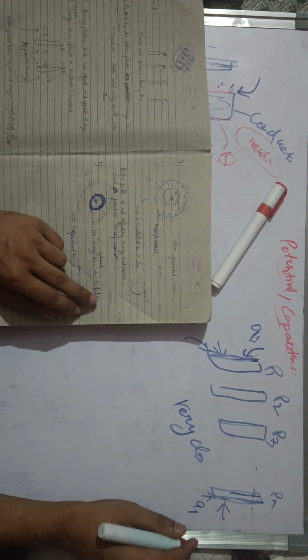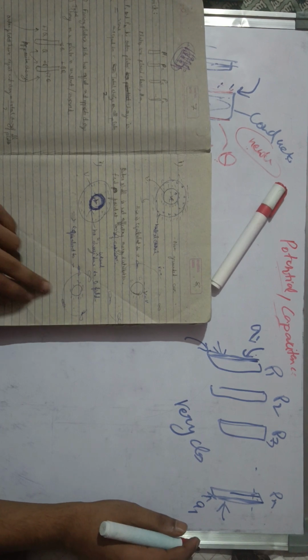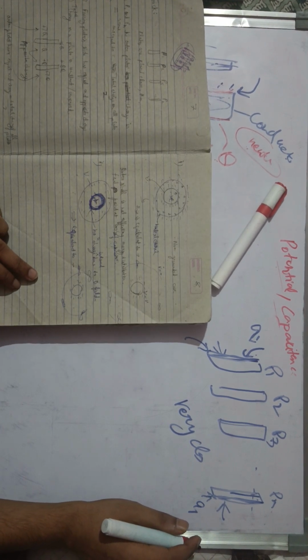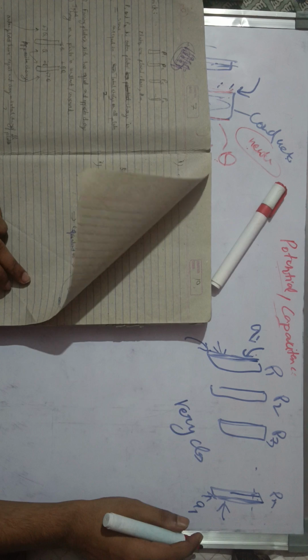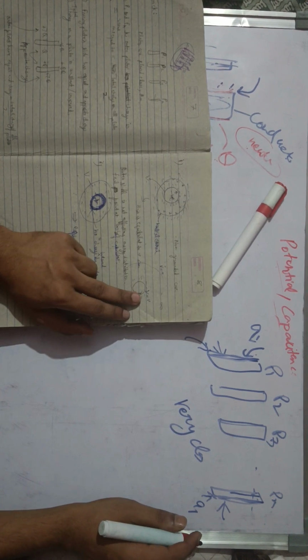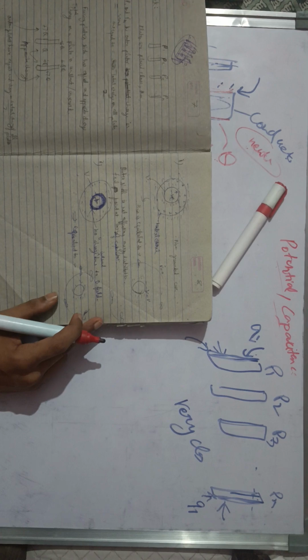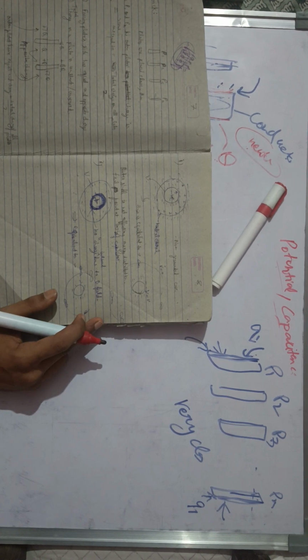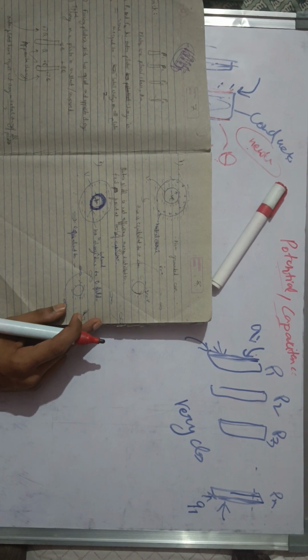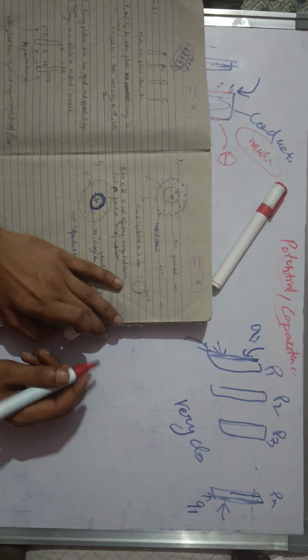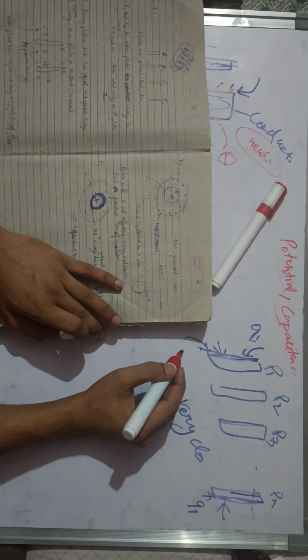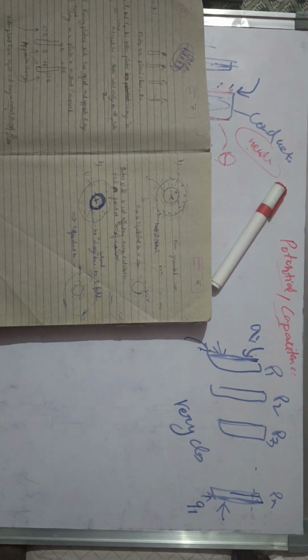So P1 and Pn, these two have equal charge, and that is equal to the charge on all the plates. What this is saying is,